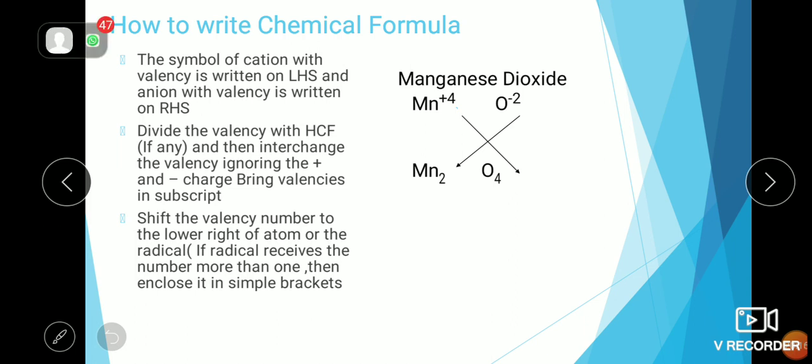Now we have taken much easier examples, so let's take some twisted examples which have a common name known. The fifth one would be nitric acid. It is spelled as N-I-T-R-I-C, nitric acid. The sixth one is carbonic acid. Students, in case of difficulty, you can refer to your books for the chemical formula of these compounds also.